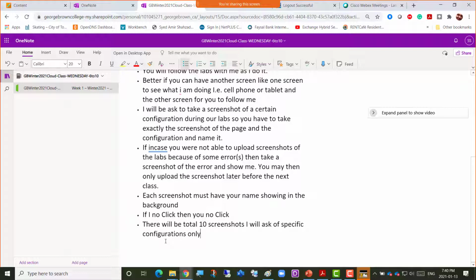We're going to discuss first what the concept is. I'm going to create diagrams as well, and then when we start the lab, everyone starts with me and goes step by step. I keep explaining during the steps why we are taking this step and not that step, why this option and not that option, right? Then all of a sudden I could stop at any configuration and say, take a screenshot of this particular configuration. So you will have to follow me exactly where I am. You can't go ahead of me, because then you won't be able to take that screenshot exactly as I want. If it's not exactly as I want, you lose marks, right? So that's how the game is played. Okay, there's no game. That's how we're going to do all the labs.